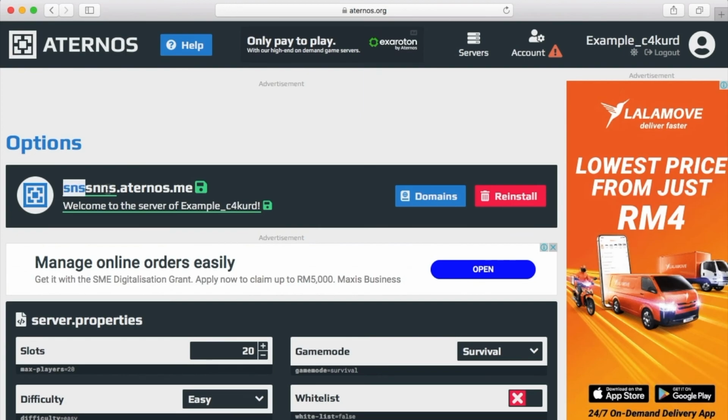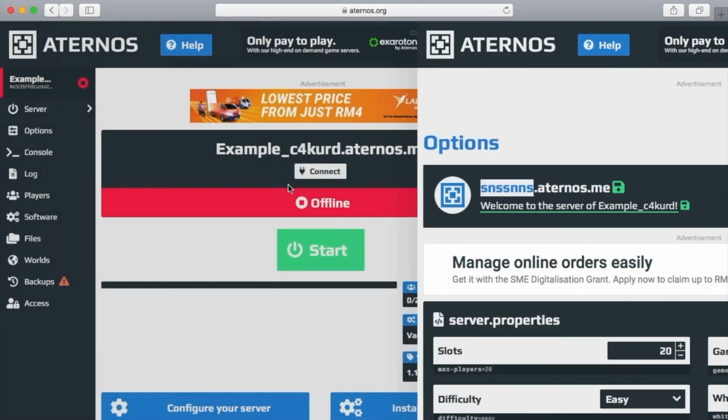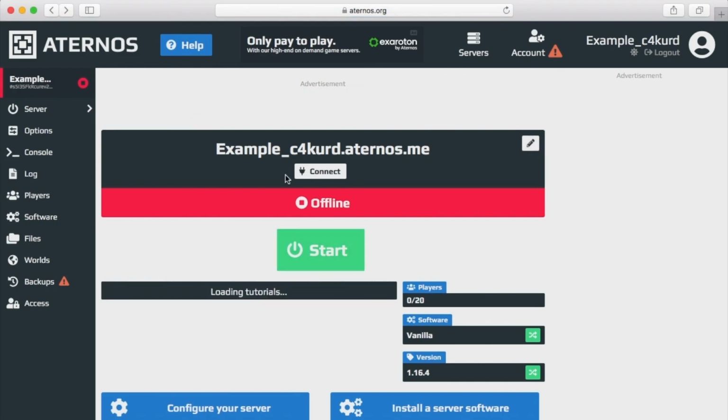Then you just put this in your Minecraft, of course, after that you click start, and you can turn it back off and on anytime you